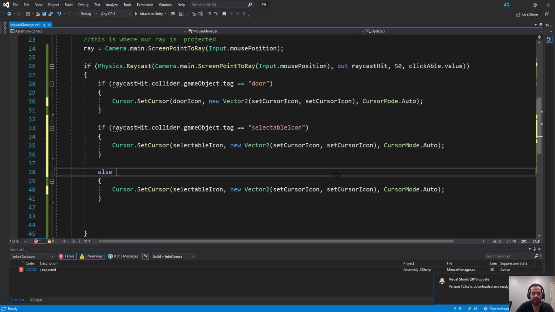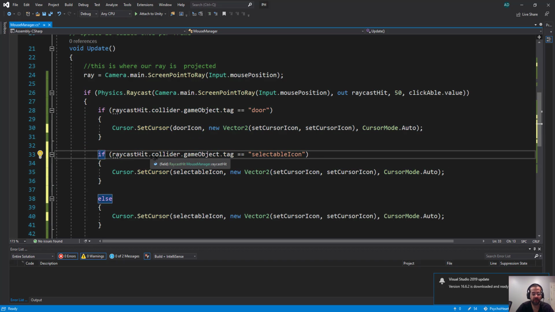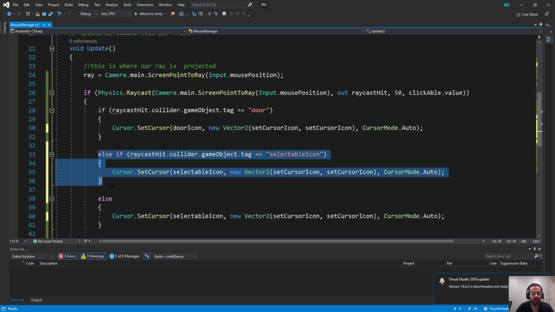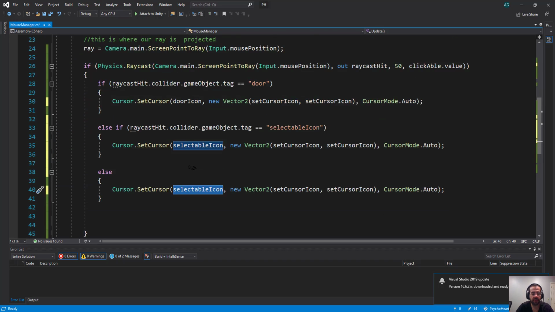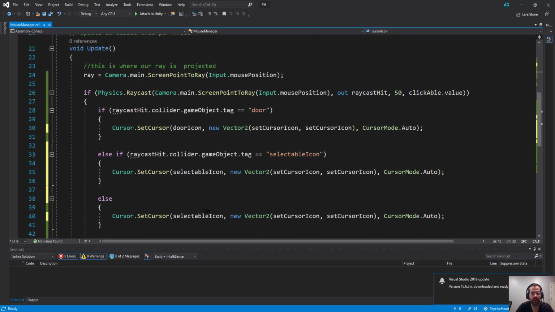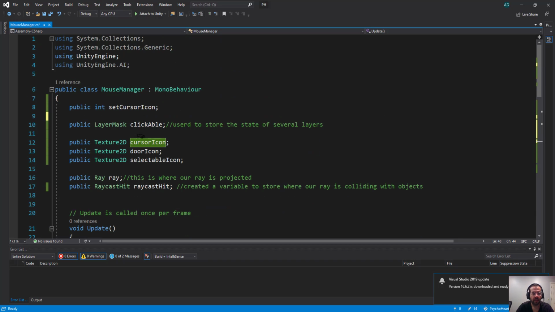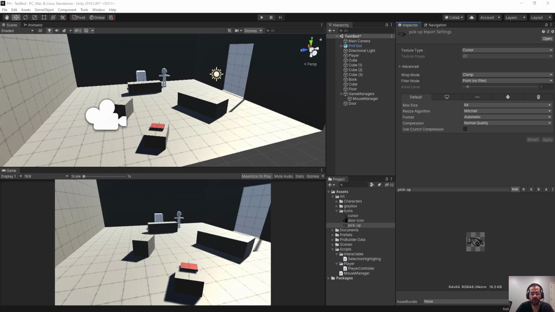This is just saying if these 2 conditions, so let's make sure this is an else if now. If this condition isn't true, then we'll go to this one. And then if neither of these conditions are true, we'll go here and we're just going to set this to our default cursor. So here's our cursor icon here. And then let's save that, jump back into Unity, and